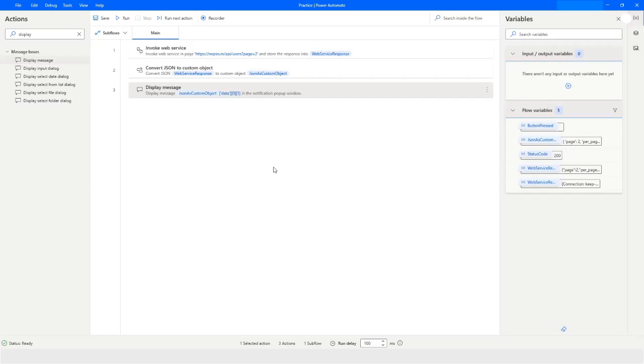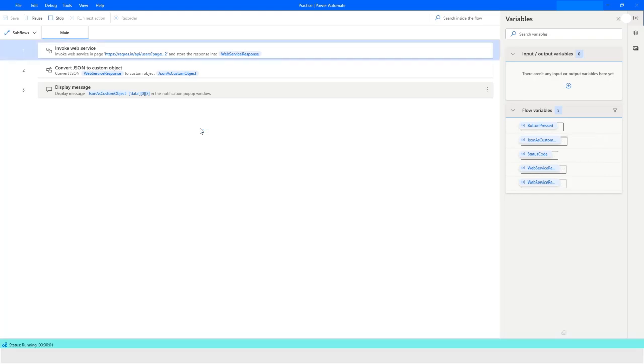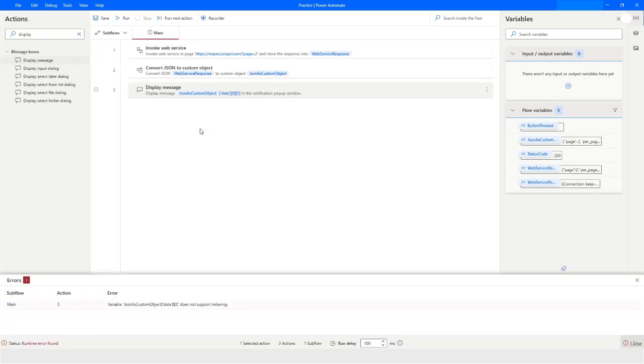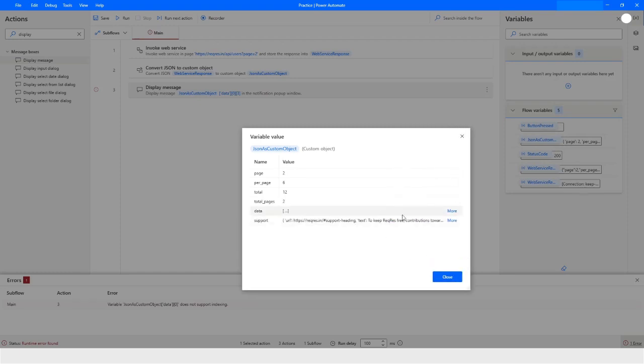Okay, and when we run this bot, it should be able to display some information. Okay, so it gives an error, so we have to check what data is actually there, right? So we have gone inside the custom object, which is JSON as custom object, and then we have gone